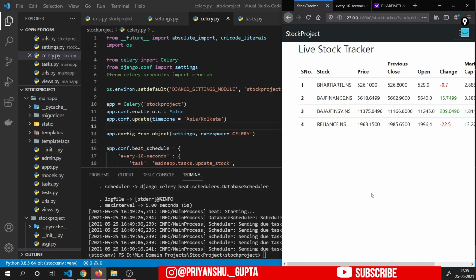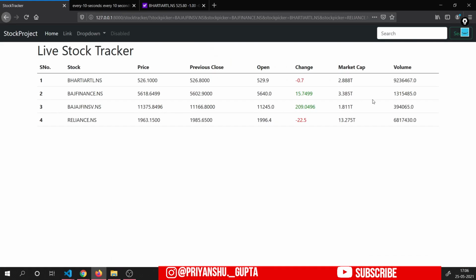All right. So now what we want is WebSockets to actually send that data that has been retrieved by Celery to the front side, to the client side, right? Currently you can see that this data that we have shown here is not changing automatically. To update this data automatically, we need WebSockets so that the server can automatically contact the user on its own. There is no need for a request from the user and then a response from the server, because once the WebSocket connection has been established between user and server, there is two-way communication. Anyone can communicate on its own.